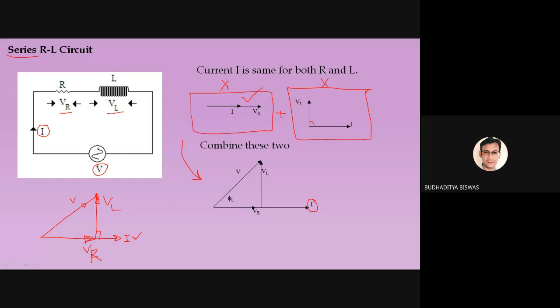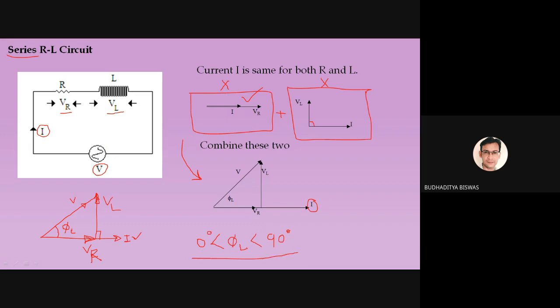Okay, and the angle between the voltage and the current flowing through this circuit is called phi L. Now you see, phi L is not exactly 90 degrees. This phi L is more than 0 degrees but less than 90 degrees. And remember this: whatever the angle, phi L or theta L, it is more than 0 degrees and less than 90 degrees. It should not touch 0, it should not touch 90 degrees. Why?